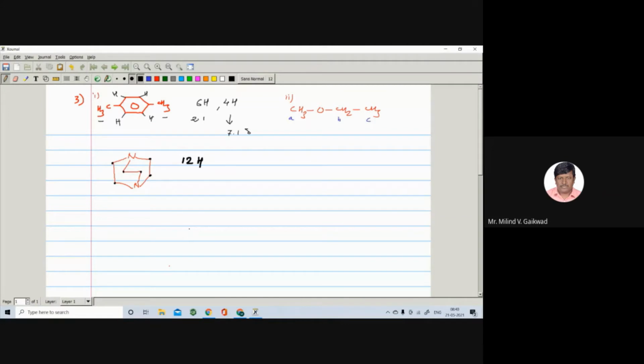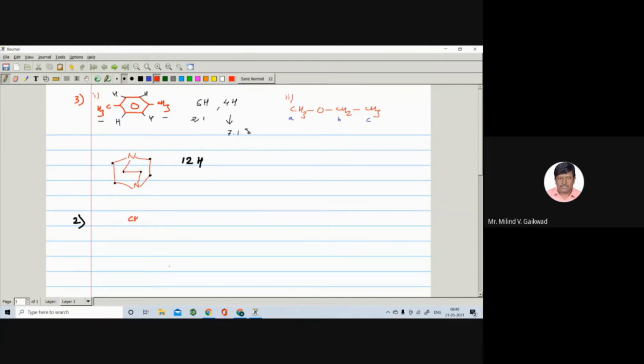In your book also they have given examples, so I think you can see the sets of proton. They have given more examples, and they will always ask one question on the sets of proton. In question number 1 they have given the sets of proton. Then in question number 2 they have given an example, and they're asking how we can differentiate between them using the PMR or NMR.